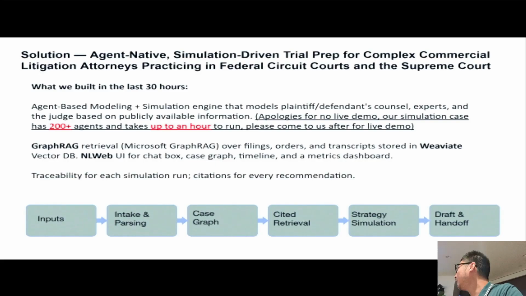For technology, we use GraphRAG for retrieval. We came up with a schema that will parse the legal cases based on the inputs. That is the past cases for the lawyer, for the judge, and for similar cases. We parse them based on the issue, facts, and the law into the GraphRAG database, combined with the Weaviate vector base.